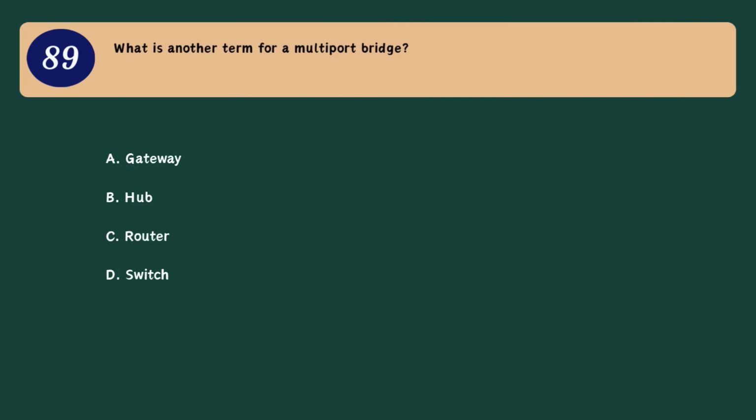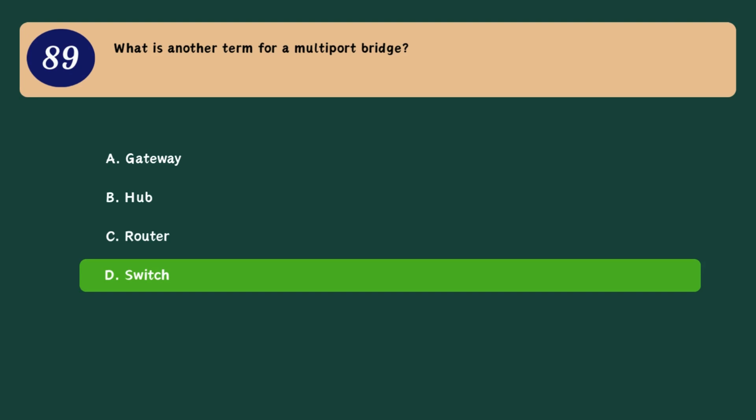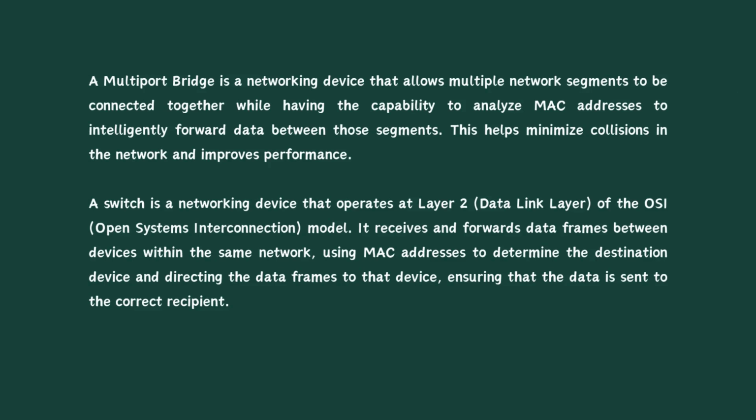Question 89. What is another term for a multi-port bridge? A. Gateway. B. Hub. C. Router. D. Switch. Correct answer. D. Switch. A multi-port bridge is a networking device that allows multiple network segments to be connected together